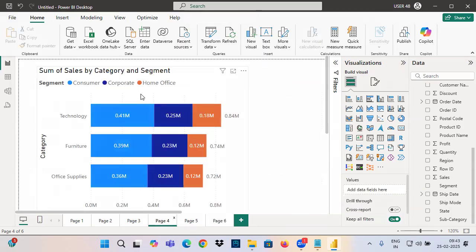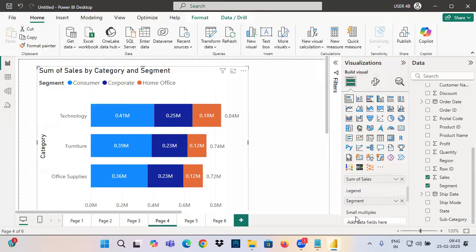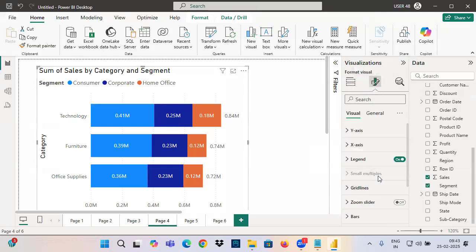See why small multiples is grayed out here. When I go to format, small multiples is grayed out. Why? We haven't dragged any columns into small multiples. When you drag the columns into small multiples, then it will be enabled. Small multiples. Next one,